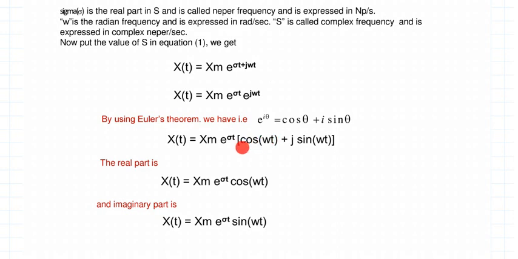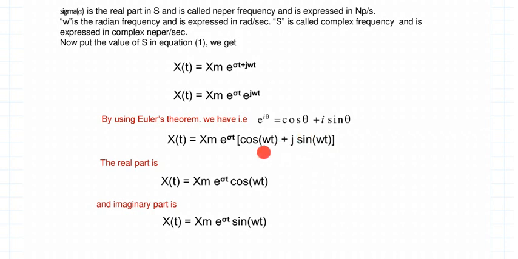One is the complete real part where there is no j involved, and another is the term where there is j involved. So the term which has no j becomes the real part. What is the real part here? Where there is no j involved, xm e raised to sigma t, if I multiply it to cos, it becomes xm e raised to sigma t cos of omega t. This is the term where there is no j involved, and that's why we call it the real part. Whereas when I multiply xm e raised to sigma t into j sine of omega t, there is a j involved in the product. Wherever there is a j term, that term is called a complex term.